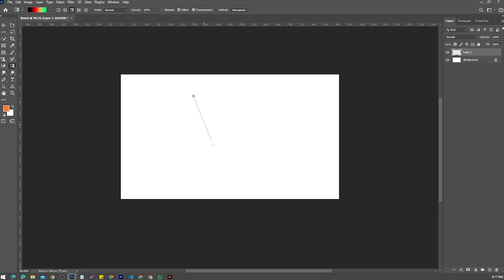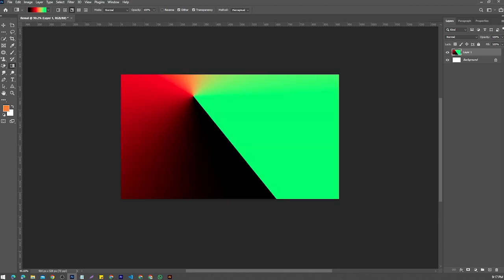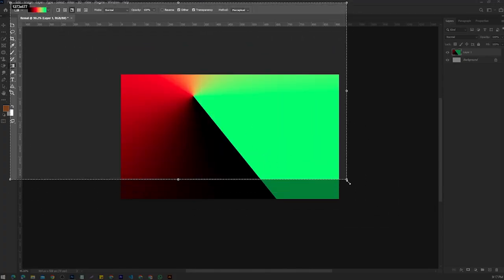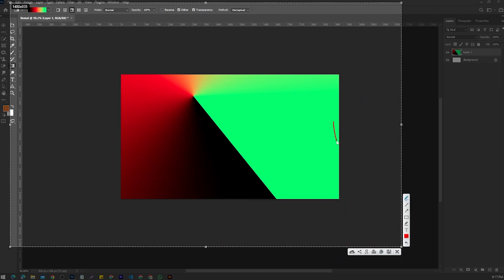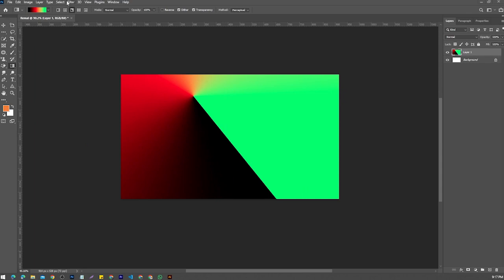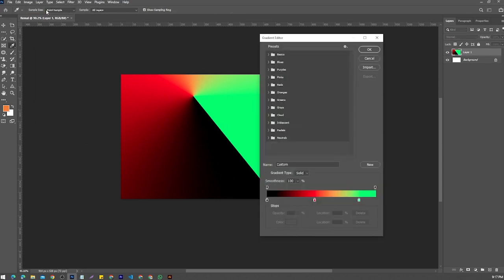If I draw from top to bottom, you'll see the mixing color: color 1, color 2, and color 3. If you check the top part, this is color 1, that means this one. This is color 2, that means this one, and this is color 3, that means this one. So three colors mixed. If you want to change this, you can go here, double click on it,